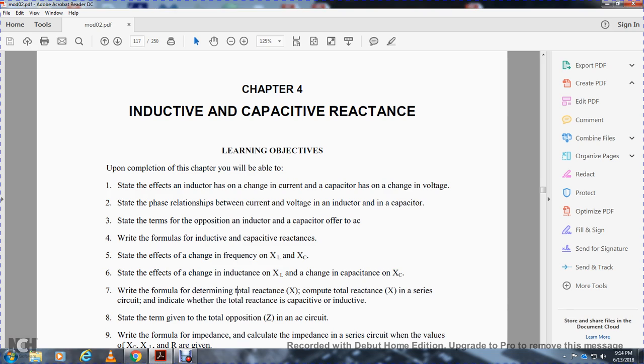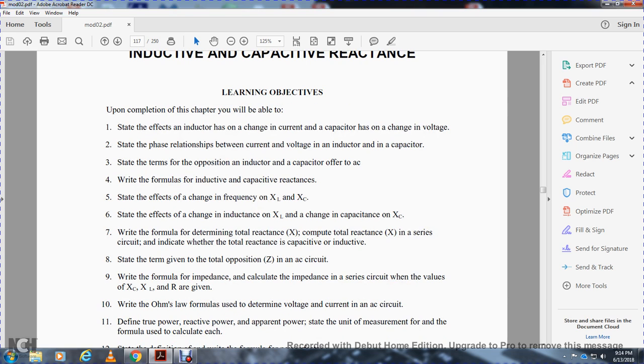Write the formula to determine the total reactance, X. Compute the total reactance in a series circuit. Include the total resistance, capacitive and inductive, to determine the total opposition, Z. In the AC circuit, write the formula for impedance and calculate the impedance of a series circuit when the values of the